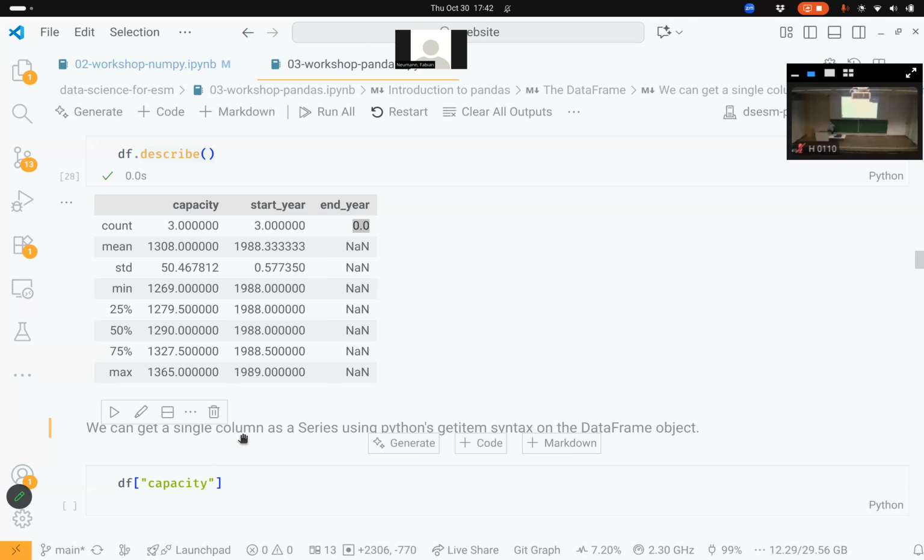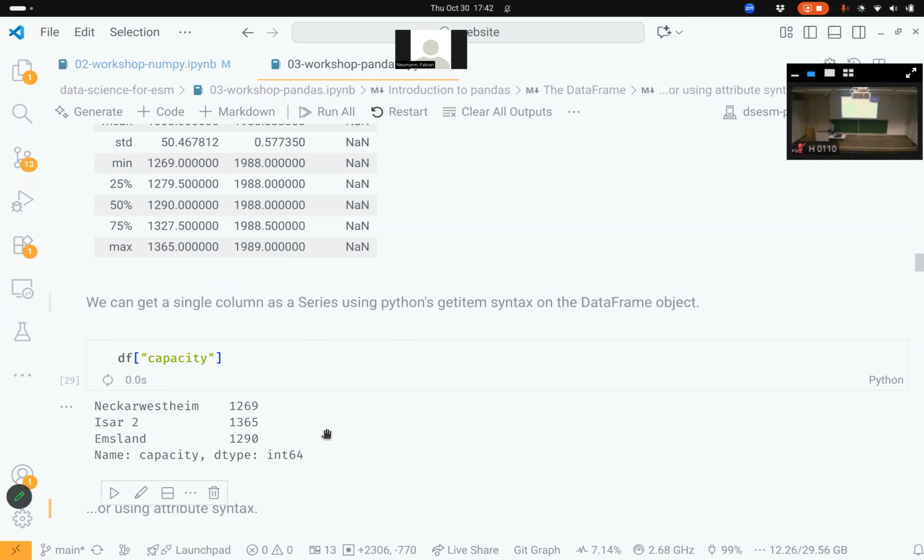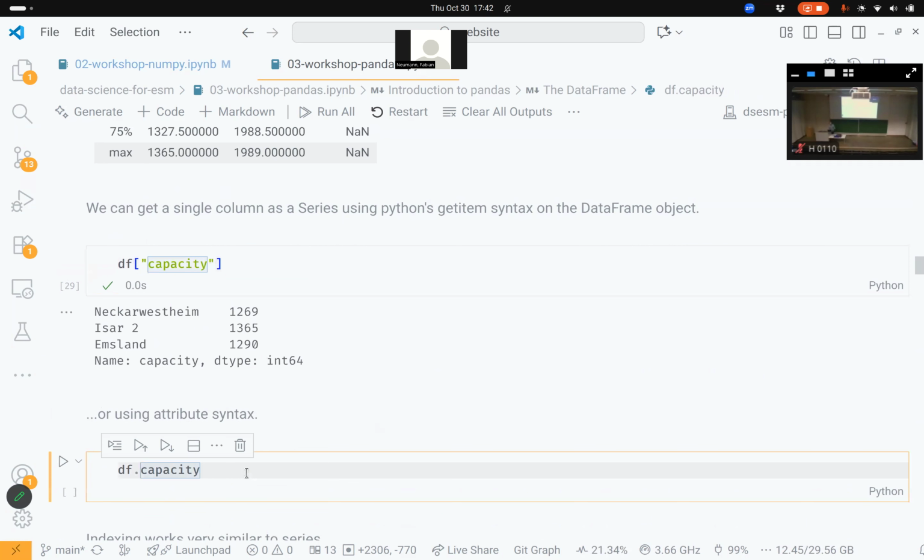We have to think about accessing particular columns and accessing particular rows. And the syntax is different for each of them. So if we want a single column of a series, we can use our regular square brackets without anything. For example, if we want the capacity column, we can access df['capacity']. In fact, as long as your